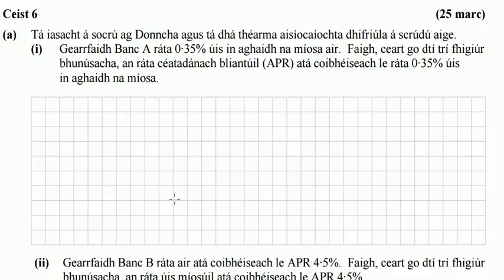Donna is arranging a loan and is examining two different repayment options. Part 1. Bank A will charge him a monthly interest rate of 0.35%. Find correct to three significant figures the annual percentage rate, APR, that is equivalent to a monthly interest rate of